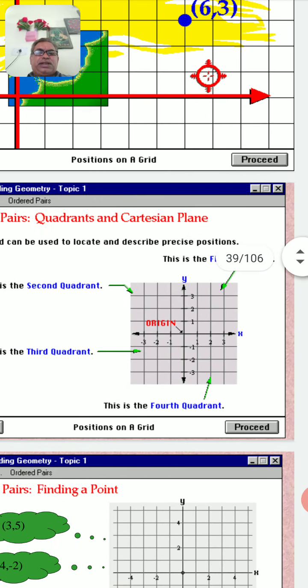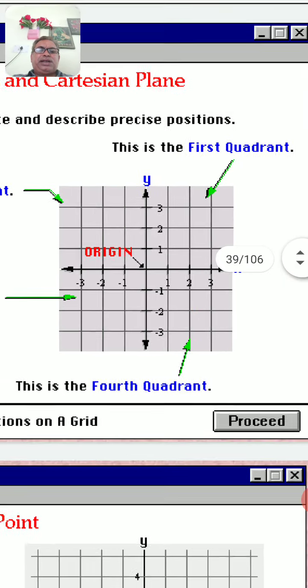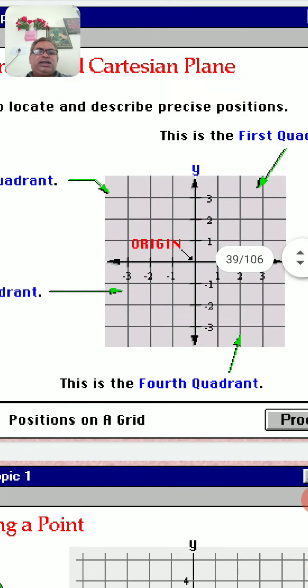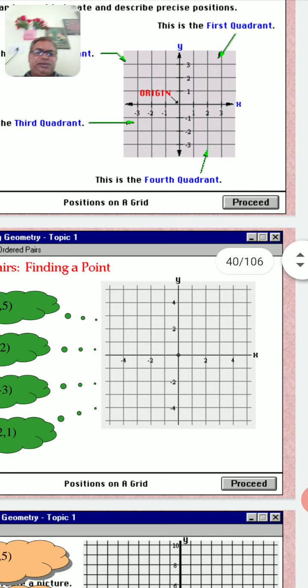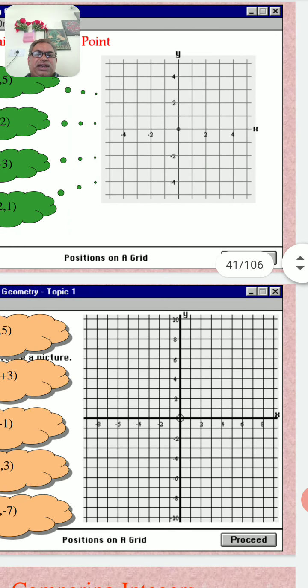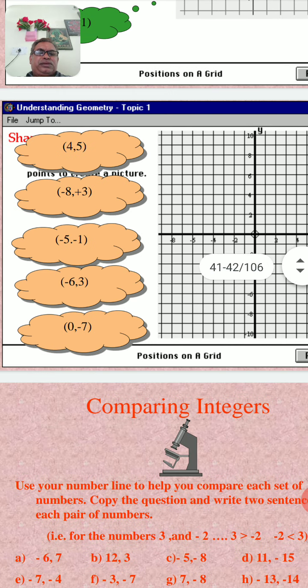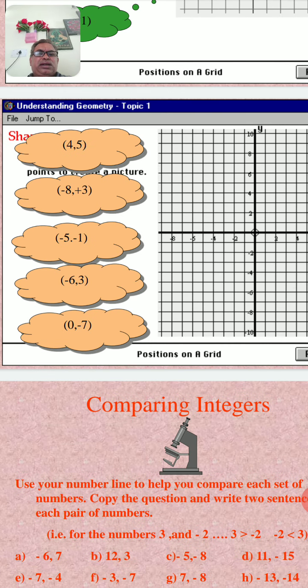use of integers. You see on the graph we are using the integers, positive integers, negative integers, positive integer again, negative integer, x-axis, y-axis. On the graph we are using the integers. This is shown for use of integers in our daily life. On the graph scale we are using the integers to locate a point in the plane. In 6th class we have studied these graphs.